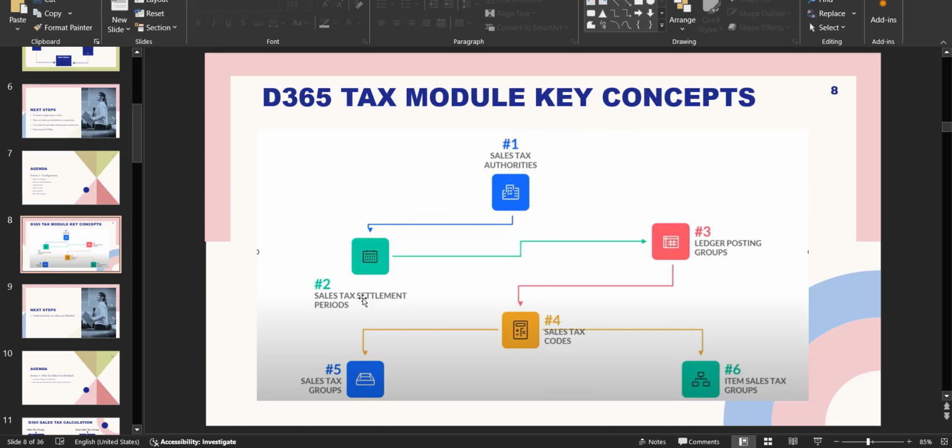So what does that mean? Basically, the sales tax settlement periods contain the information about the period intervals for which sales tax needs to be reported and paid. Again, that depends on different territories or jurisdictions. And let me go to the system so we can see how the configurations can be done for the settlement